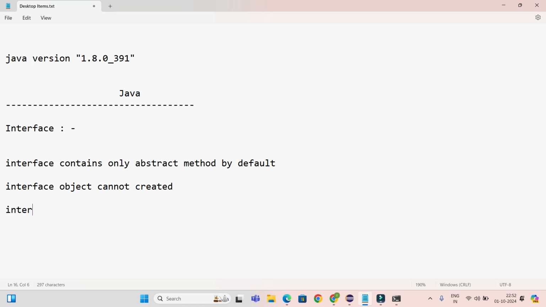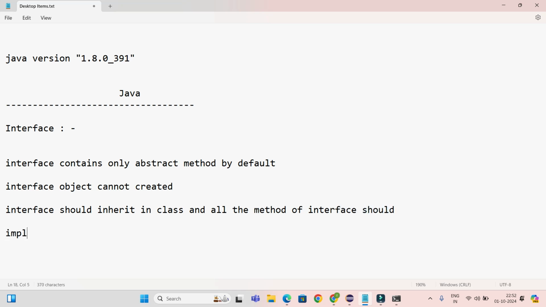Interface should inherit in a class, and all the methods of the interface should be implemented in the child class. Okay, like this you have to create the interface and you have to implement it in the child class. So this is all about interface, and